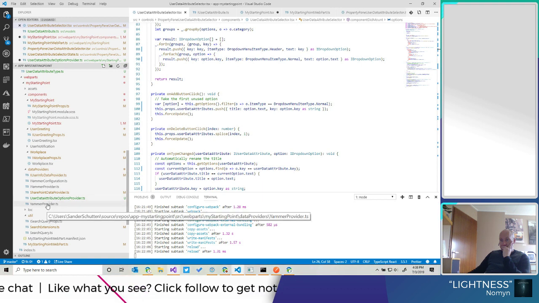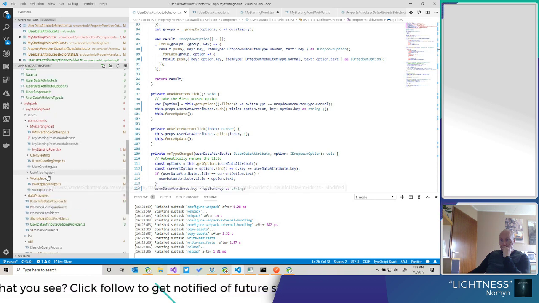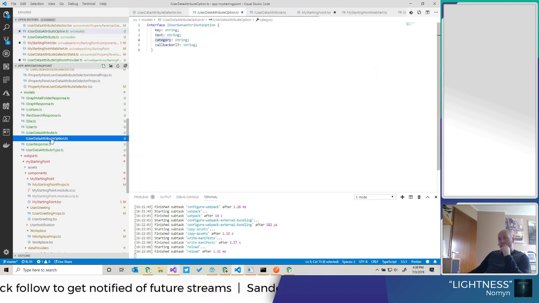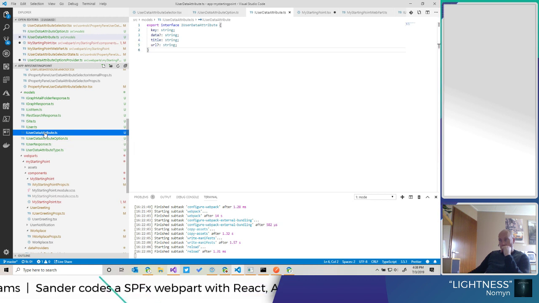So let's see. Go to models, data attributes. There's this option here, key text category, and we can add a property of type option here.